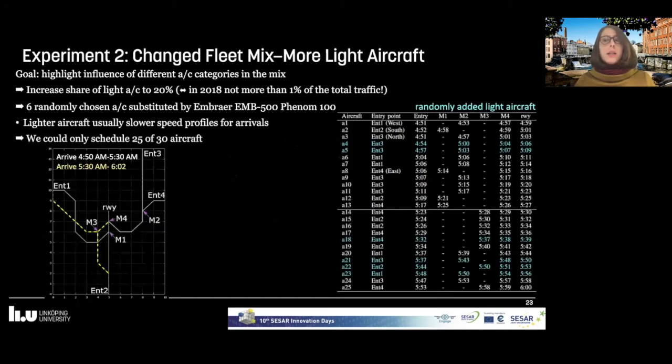So what that meant here is that we could only accommodate 25 of the 30 aircraft. The trees are actually the same. And here we have the timing. So now the average entry time deviation is lower, 2.03 minutes, but simply because we have fewer aircraft that we